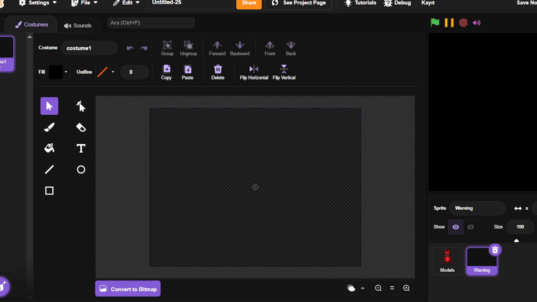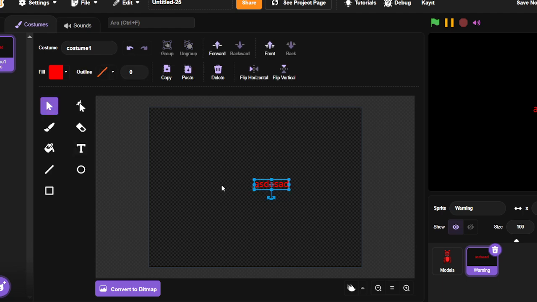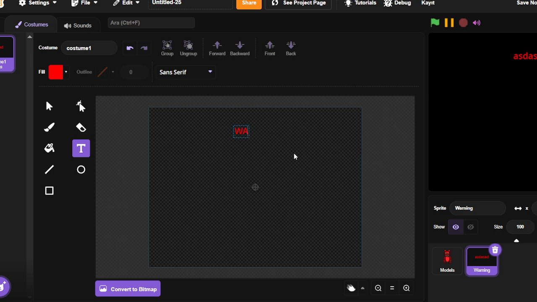This is important. If you don't, let's say you put the text in here. Let me just test it. Let's say if you put the text in here and you want to do it 36 to 28, it will be in a different position. But if you set it to 0, 0, it will always be in the position that you put. Now you want to change the text to warning,